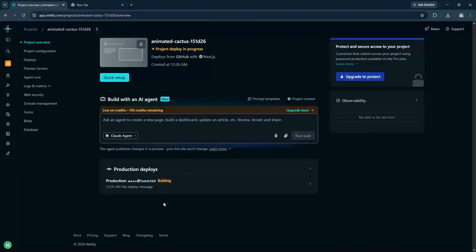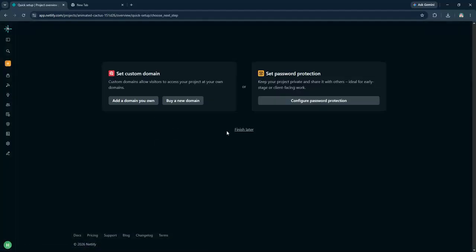To enable more features like custom domains and HTTPS, go to the Domain Settings section where you can add your own domain. If you need more advanced configurations, explore the Site Settings where you can manage environment variables, deploy previews, and more. The free plan offers generous bandwidth and build minutes, making it a great choice for small to medium